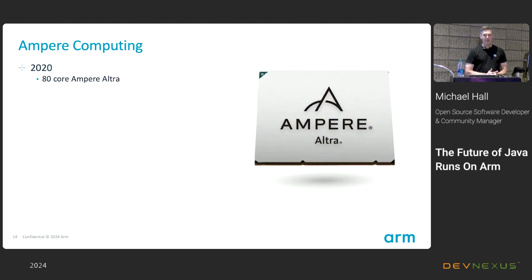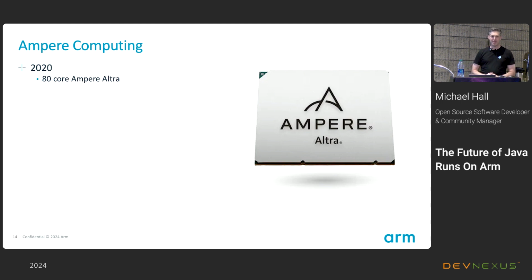But Graviton's really only available on AWS. If you want to run Graviton anywhere else, you're out of luck. That's the only place you can get it. You can't actually buy a Graviton chip. You can just rent space on one of those. If you want to buy chips or you want to run something on your own data center, your own offices,